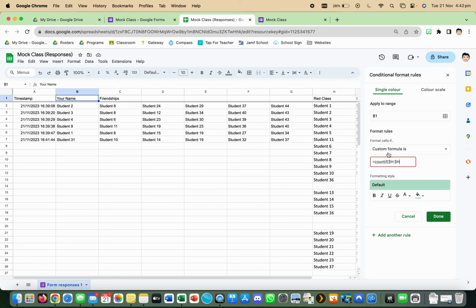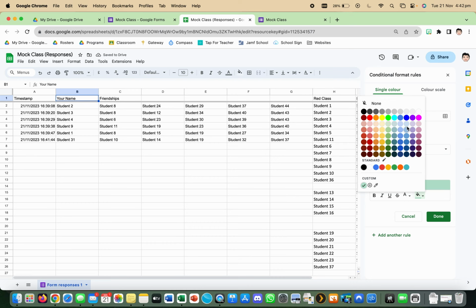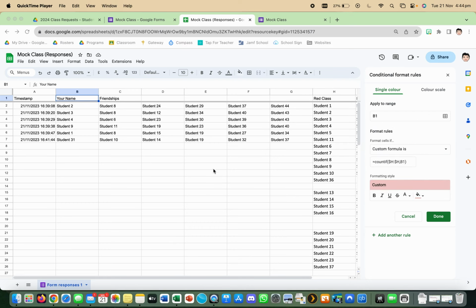If you drag it across, it doesn't change. Comma, I think it's comma here. I'm trying to go off my memory. B1 bracket and blue. No, red, because it's a red class. I worked out what I did wrong. So I actually had my original formula was right. Count if H, column H matches B1. What I hadn't changed is where we're applying it to. So B1. So I want to apply it from cell B1 through to G, because I've got the 5 friends,